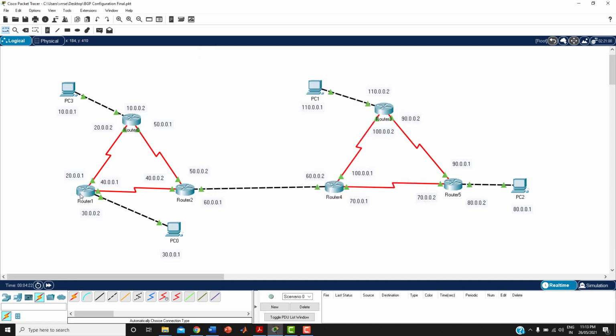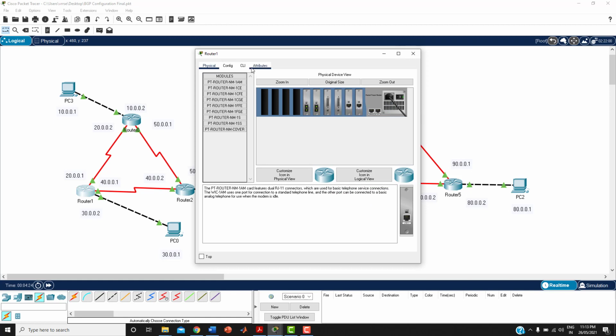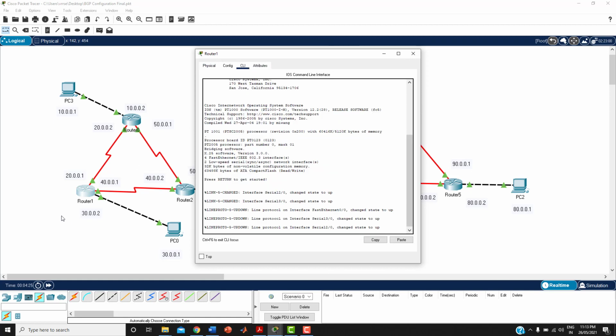The next router is router 1. Here there are three networks directly connected: 20, 30 and 40. I'm going to enable the EIGRP routing protocol with autonomous system 100.